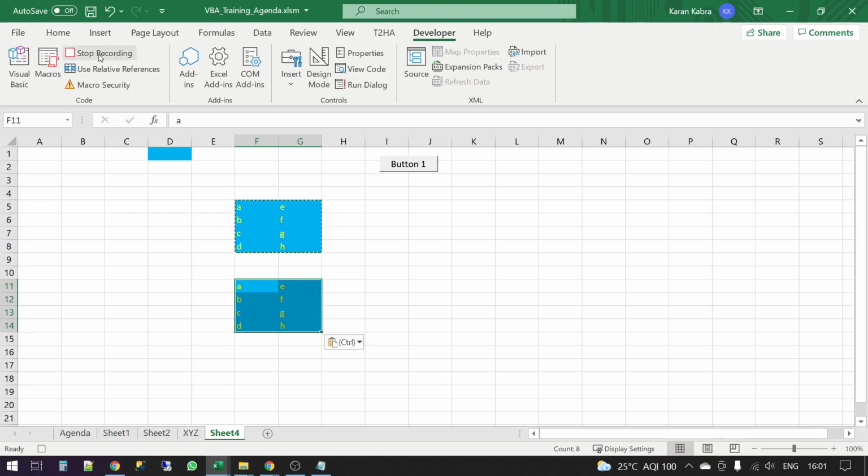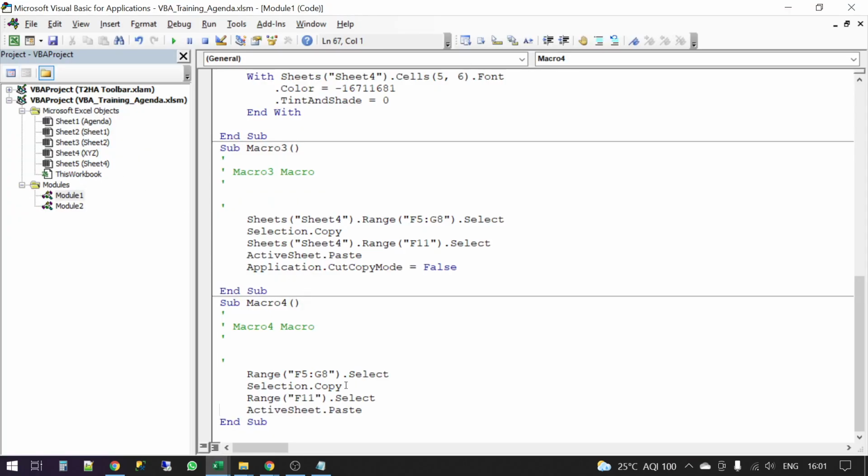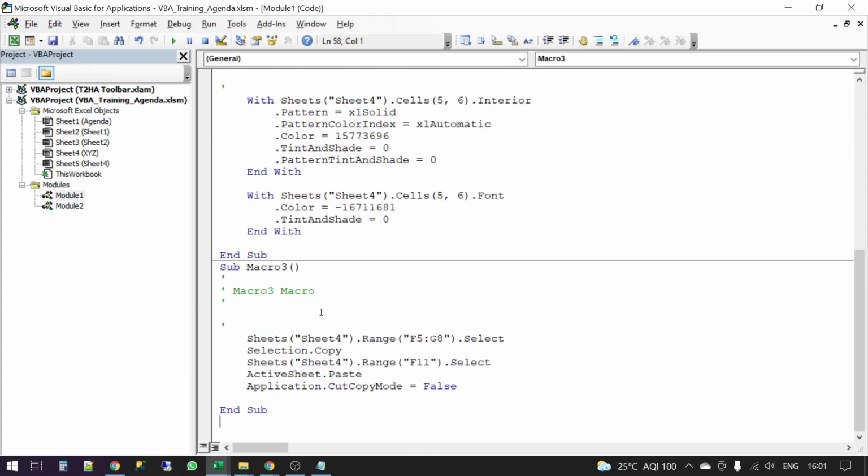Okay. Stop recording. So it's basically the same output. Let me show you the output. You can see the last line hasn't come here. So anyways, forget about this. Let us do it on macro 3 itself.